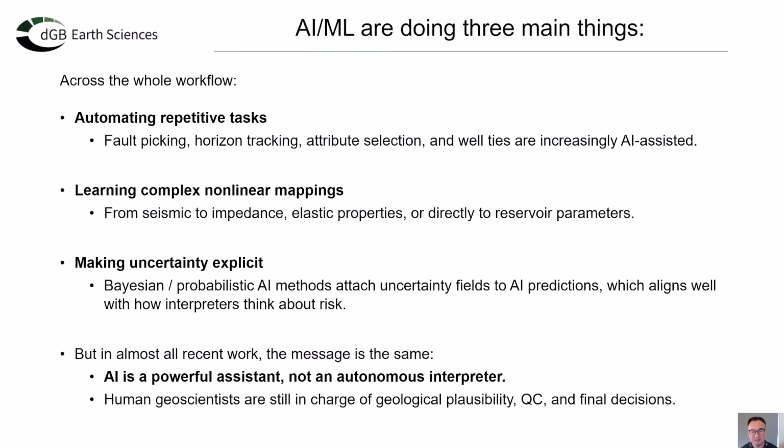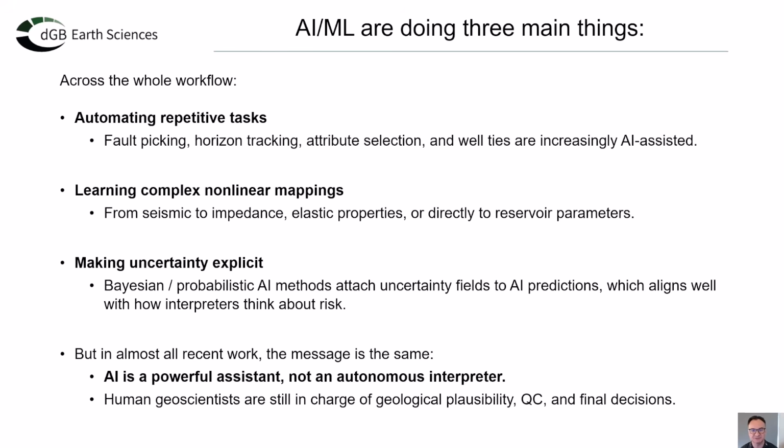And this is really how interpreters like to think about risk anyways. But in almost all the recent work, the message is the same. AI is a powerful assistant, not an autonomous interpreter, and us humans are still in charge of geological plausibility, QC,